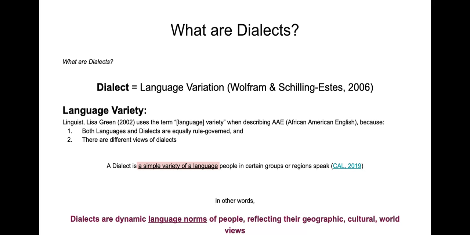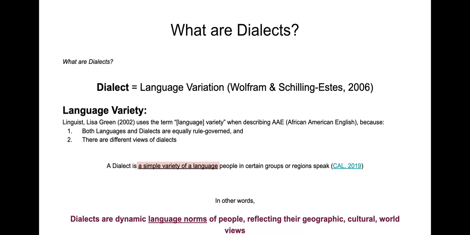So it's better to just think of a dialect as a language variety, right? It's a language with a twist, but we respect it as a language because it's a rule-governed linguistic system, whether you want to view certain languages as dialects or certain dialects as languages. Again, some people think of Haitian Creole as a dialect. Some people think of it as a language, right? Usually when we think of the term Creole, we think of it as a dialect because Creole usually is associated with a mixing of two languages. That's what it means, right?